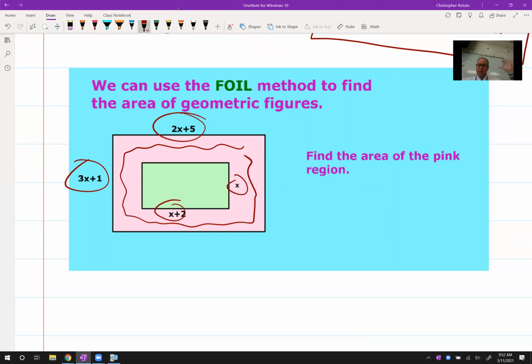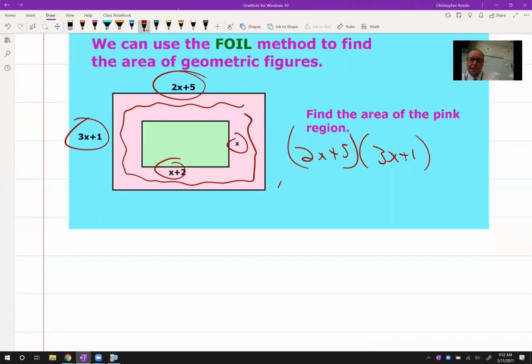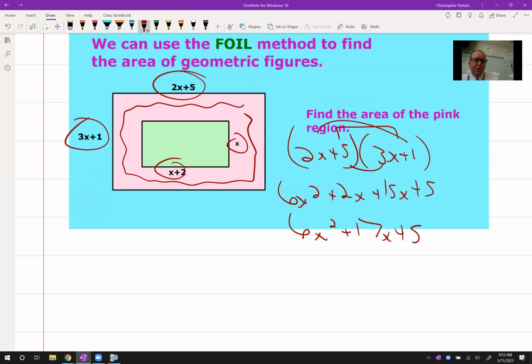So let's start first with the entire pink rectangle. So 2x plus 5, 3x plus 1. All right, so what do we got? We got 6x squared. I got plus 2x plus 15x. And on the end, I got plus 5. 6x squared plus 17x plus 5. Well, I still have to multiply x times x plus 2 and find out what the green box is. That's x squared plus 2x. Well, that's what I want to take away. X squared